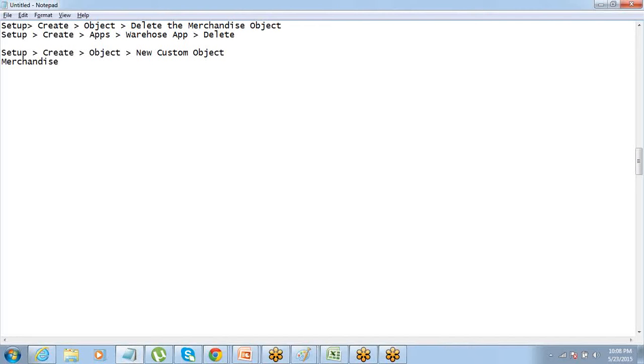Name of an object has to be unique, so that while I refer to some object while I'm writing a program or code, the system does not get confused. But label is something which can be anything. It can have spaces, whatever you want. Name cannot have spaces.